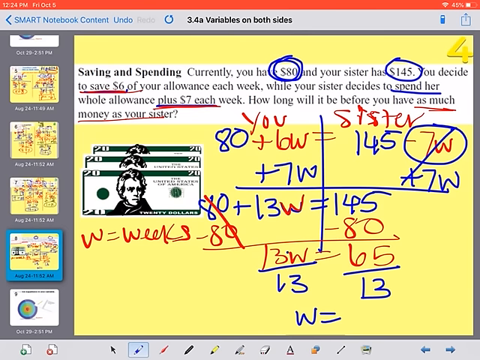So if you don't know what 65 divided by 13 is, just use your calculator. If I plug that in, you should get a nice 5. So after 5 weeks, you and your sister will have